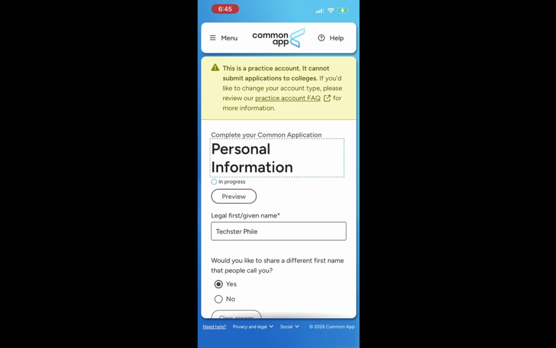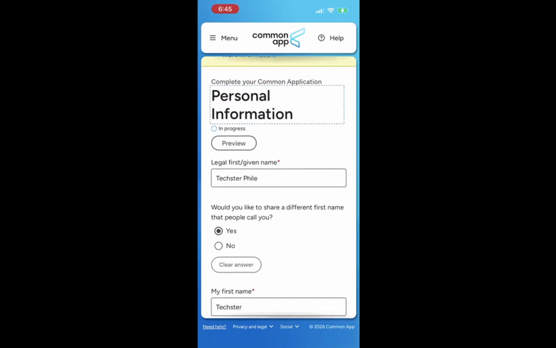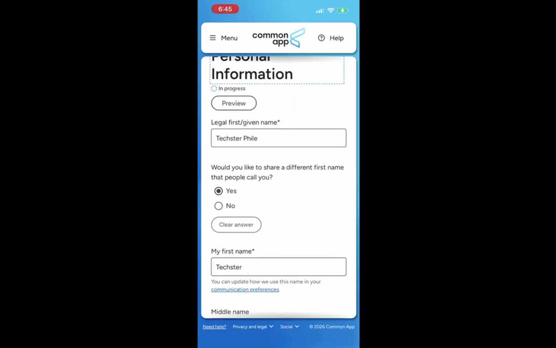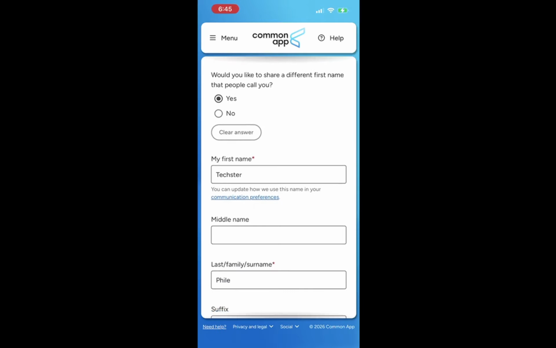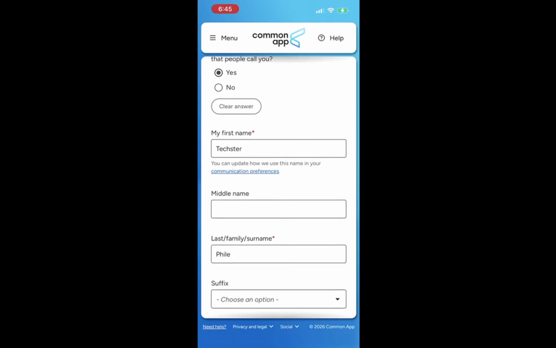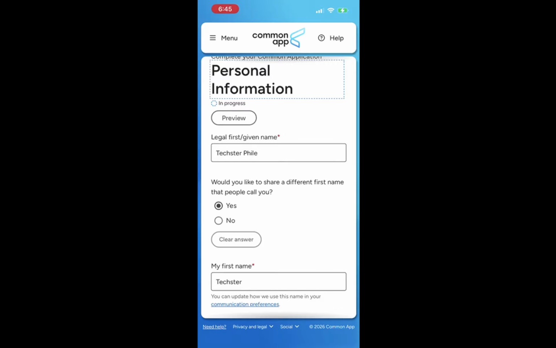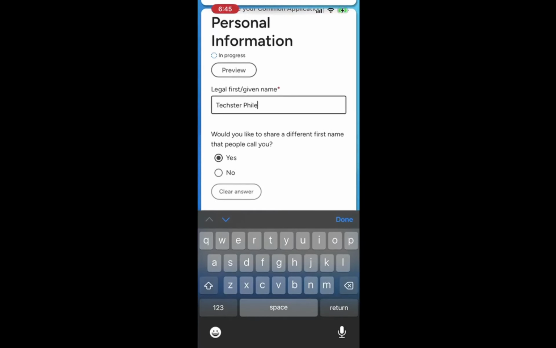Now, select Personal Information. Within the Profile section, you will see various options, but Personal Information is the one you want. Click on it to view your current name details. This section is where you can see the names you currently have on file. It is important to verify that all your personal information is correct and up to date. If you notice any discrepancies, now is the time to address them. After all, accurate information ensures that colleges have the right details about you.